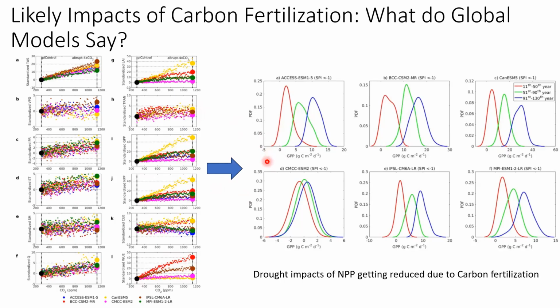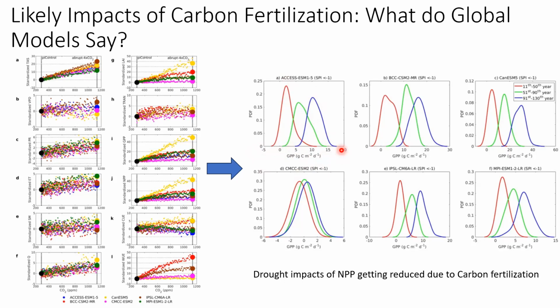And the other very interesting thing that has come out is that, for the same drought condition, you can see that at a higher carbon fertilization your GPP is increasing. Earlier when the GPP anomaly value was negative, that is becoming as high as 20 for different model simulations. That clearly shows that GPP will be unaffected if there is huge carbon fertilization in India, which is very good news for India if the model simulations